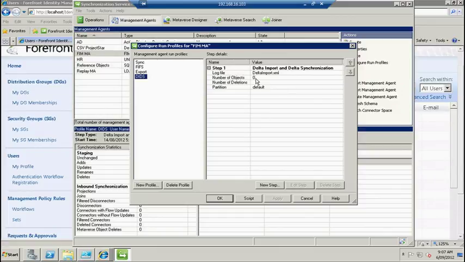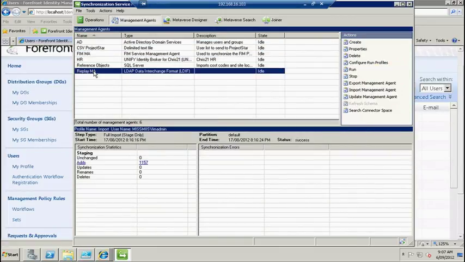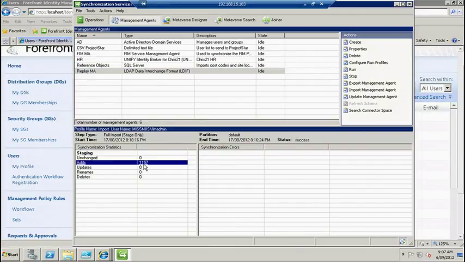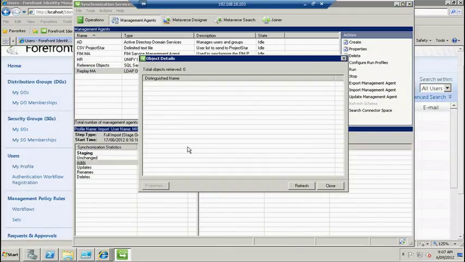Now, we did originally try just using an XML MA. Unfortunately, it didn't work. So what we do have to do is convert that into LDIF. So we have a PowerShell script and a style sheet. We take that XML drop file and we convert it into LDIF. And then we use a regular out-of-the-box LDIF management agent. And guess what? We have a copy of the FIM MA connector space,